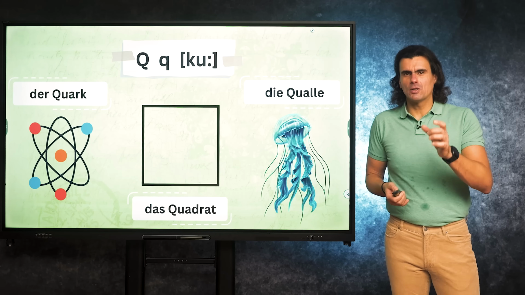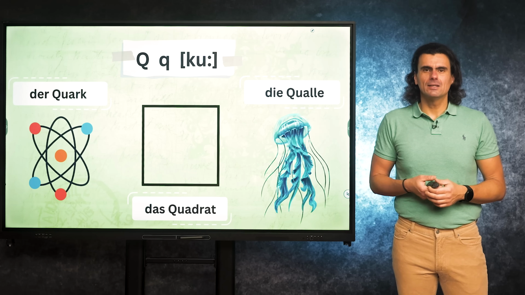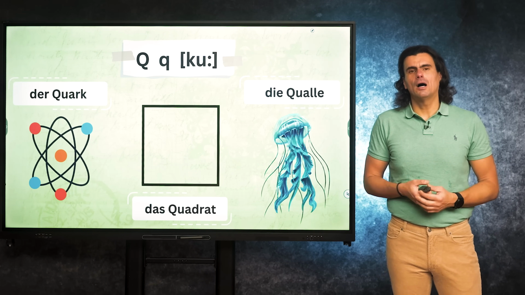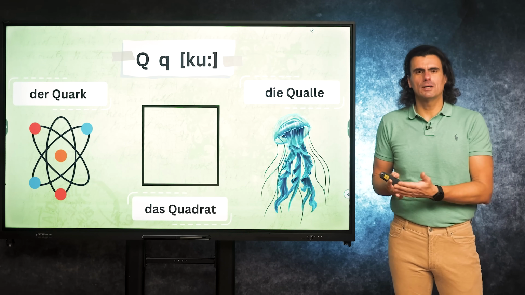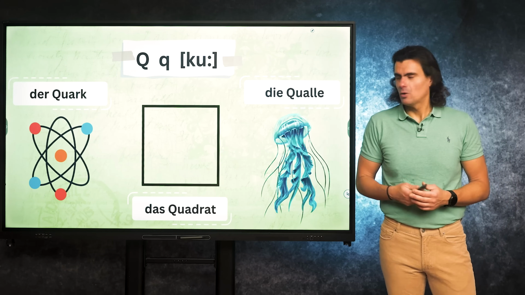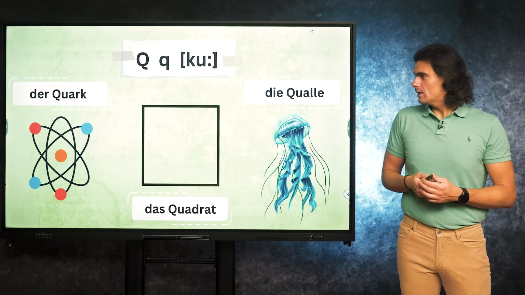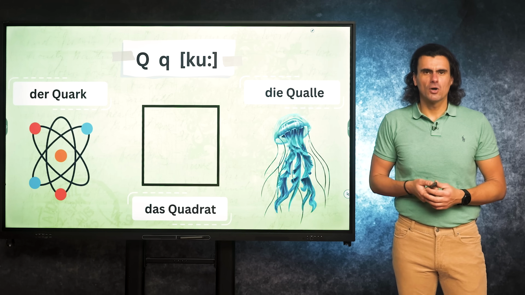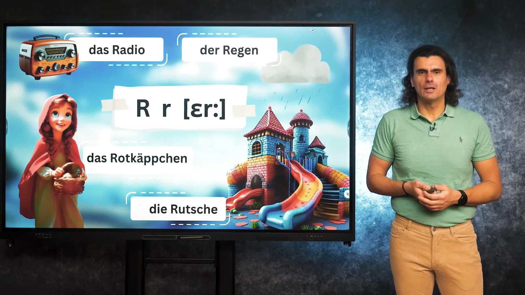But you can also, instead of Q as a pronunciation, say Qu. So you can also say die Qualle. Both of them are actually correct. Das Quadrat oder das Quadrat. Both are okay. It means the square, where all four lines have the same length. Oder der Quark. Der Quark is some sort of cottage cheese, highly popular in many parts of Europe and also